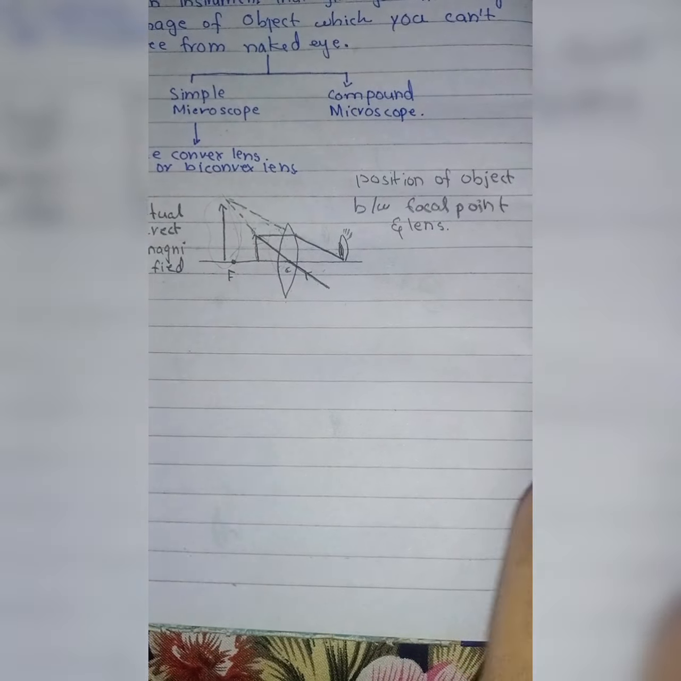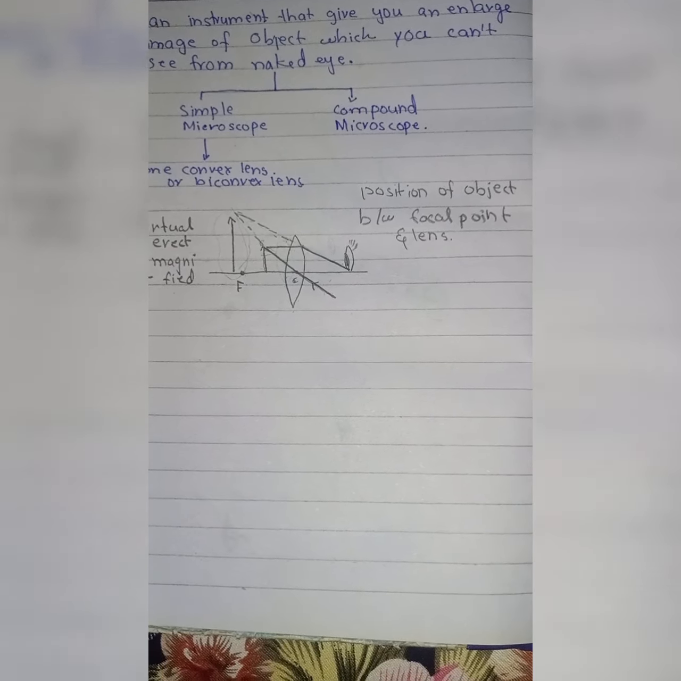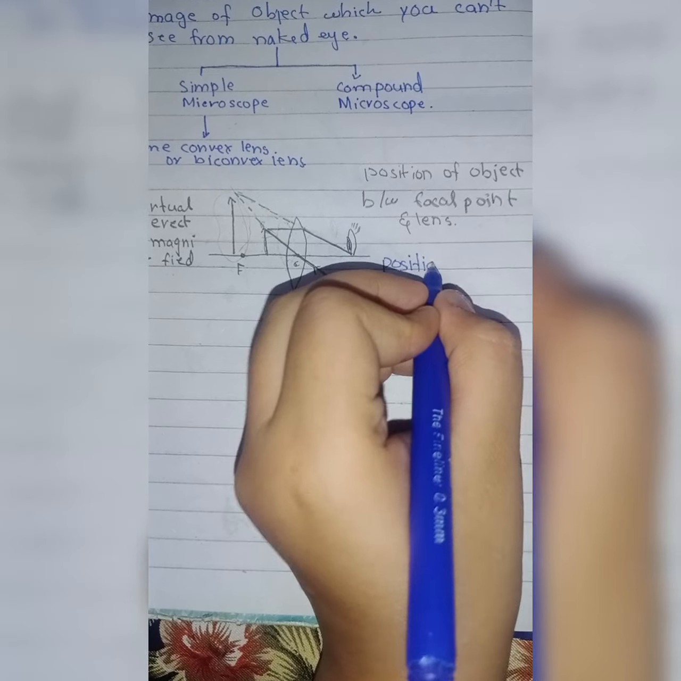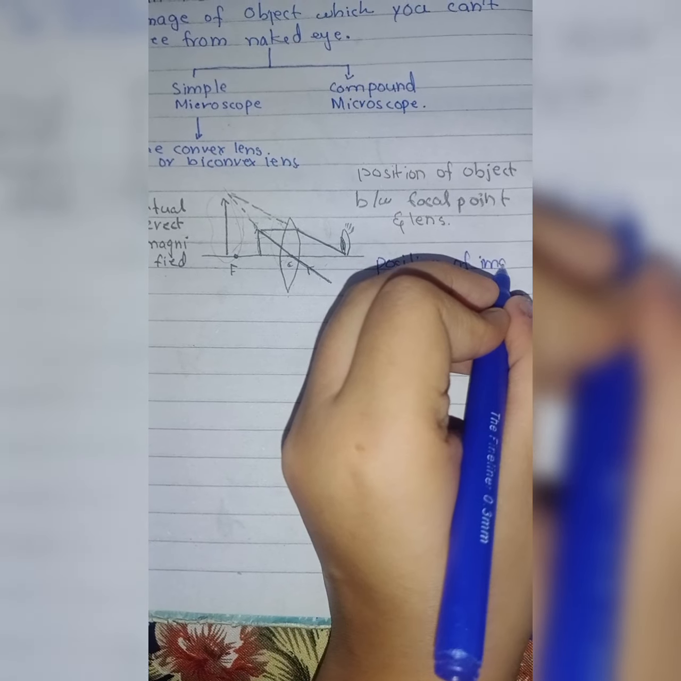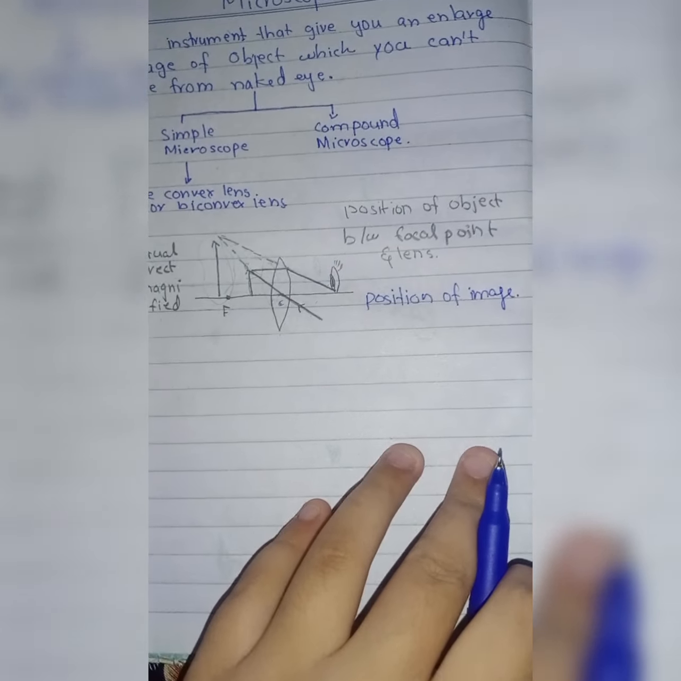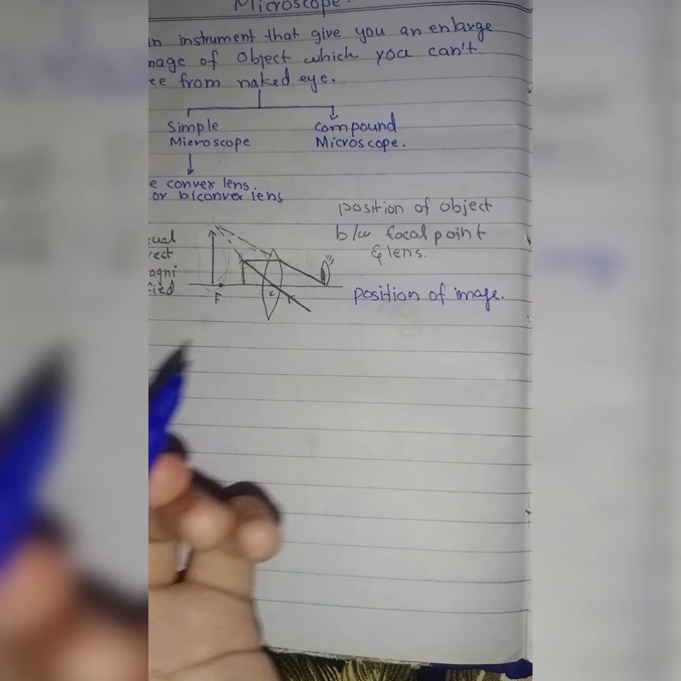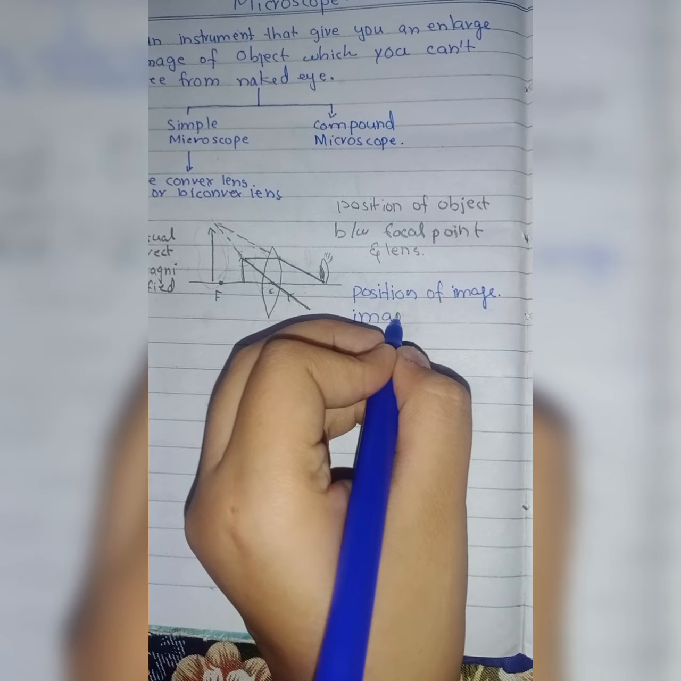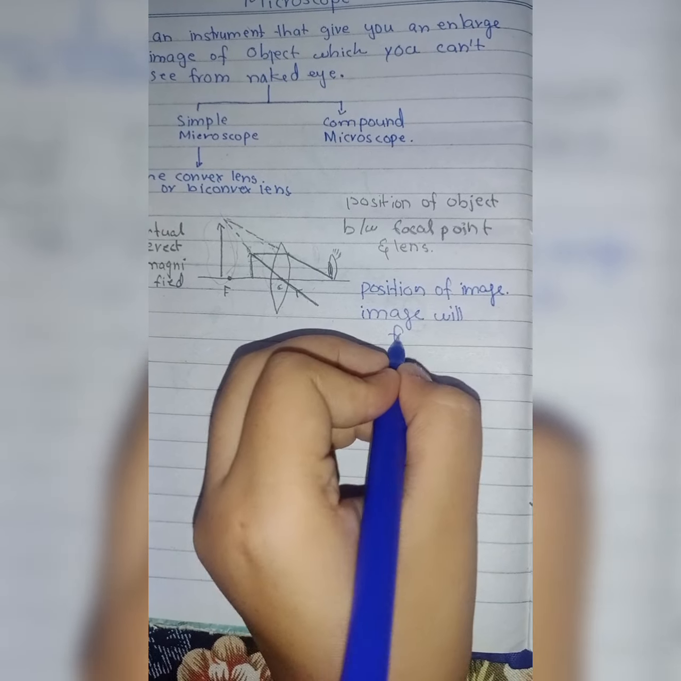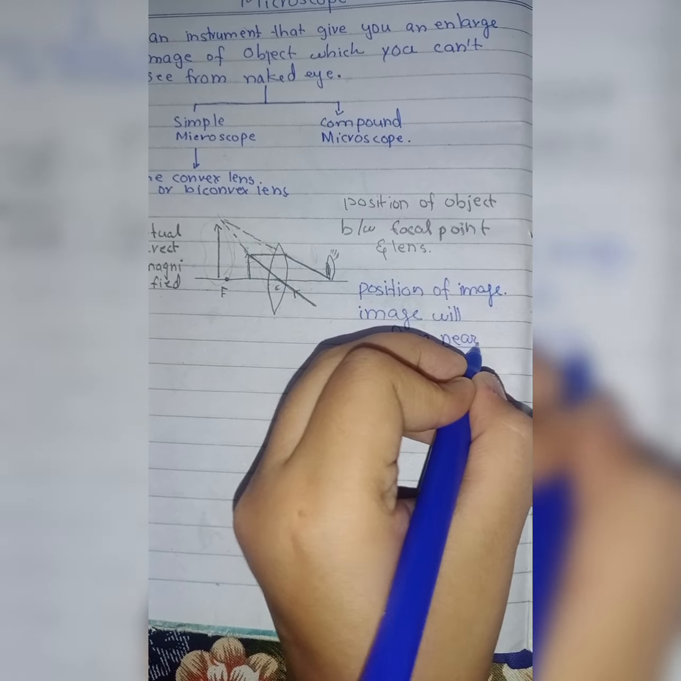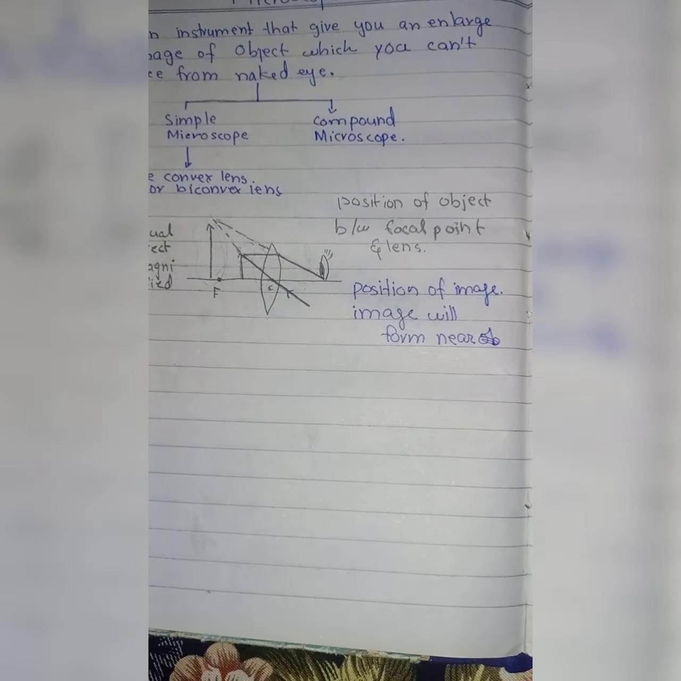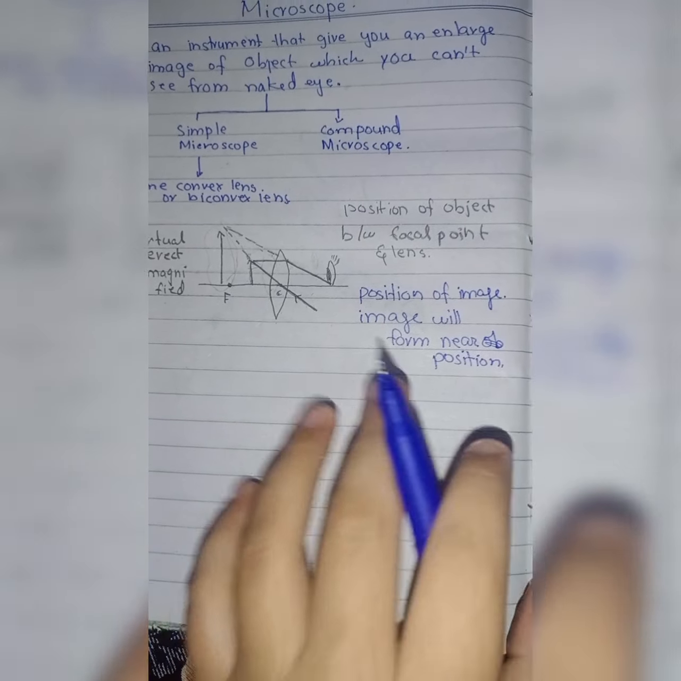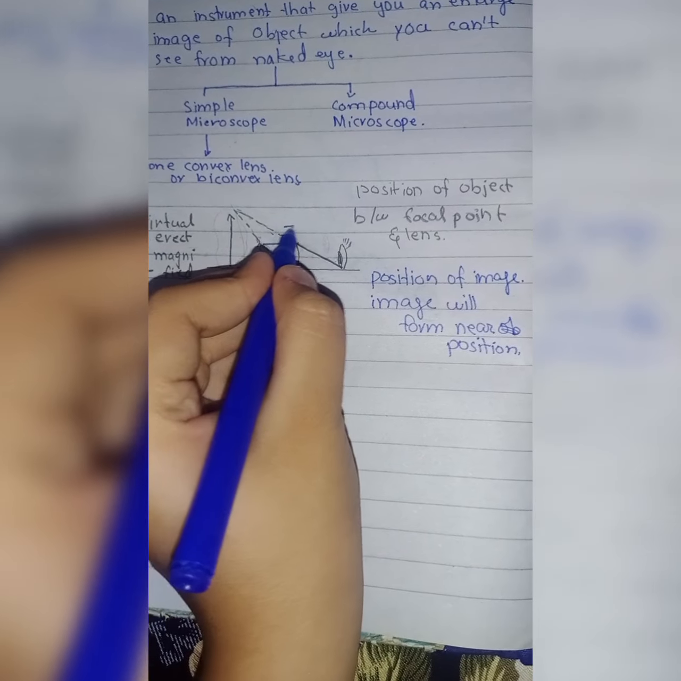So now let's discuss the position of the image. Where is the image formed? Let me write here, position of image. You can see here the image will be formed at the near point, the near position. What is the near position? It is the distance from the human eye